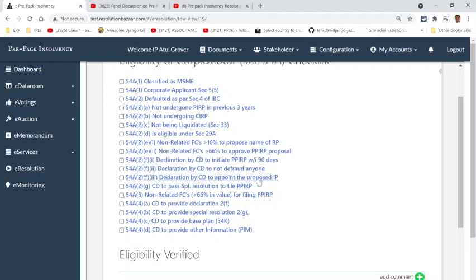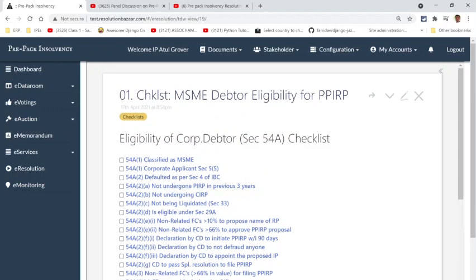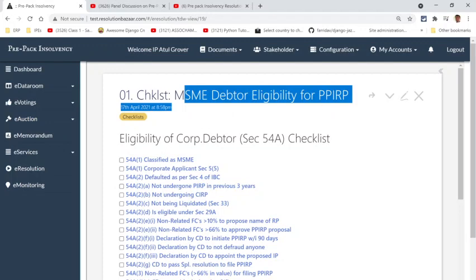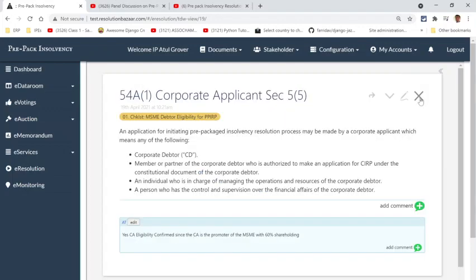So these are general declarations, and yes, since we have already taken an internal vote, passing a special resolution would not be an issue. So you have to check whether the MSME is actually eligible to undergo the pre-pack process.